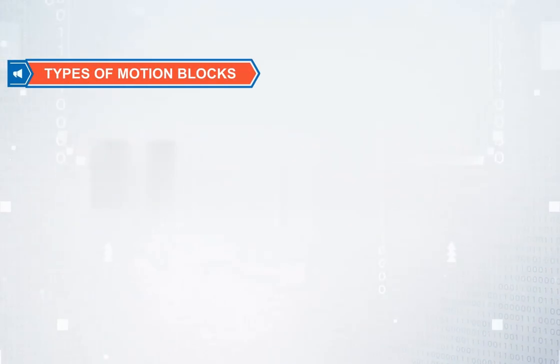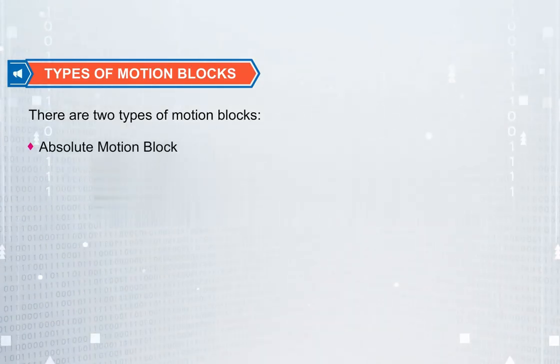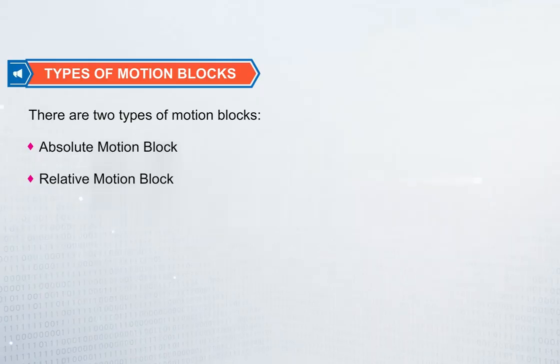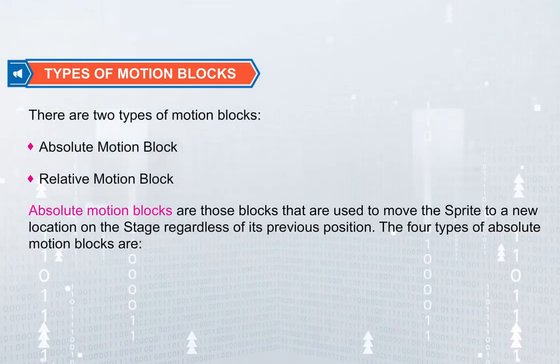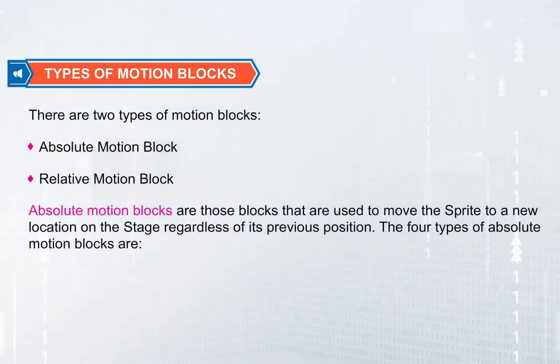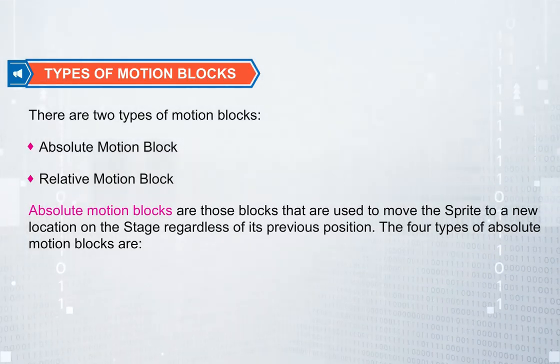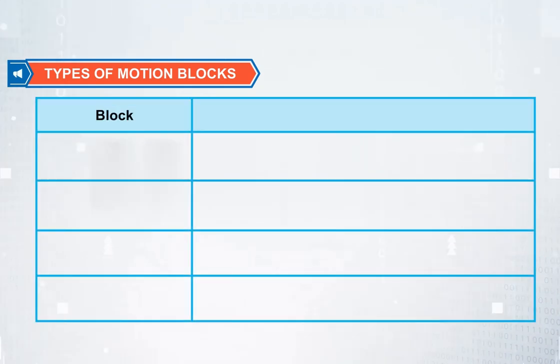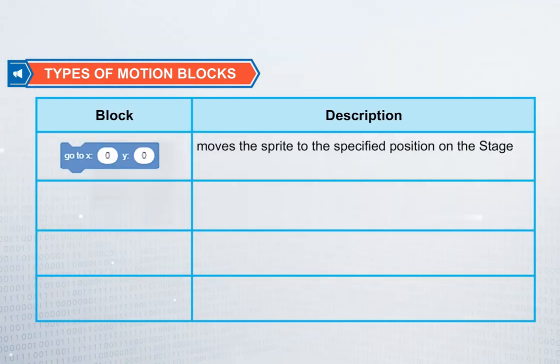Types of motion blocks. There are two types of motion blocks: absolute motion blocks and relative motion blocks. Absolute motion blocks are those blocks that are used to move the sprite to a new location on the stage, regardless of its previous position. The four types of absolute motion blocks are: block, description. Go to X, Y, moves the sprite to the specified